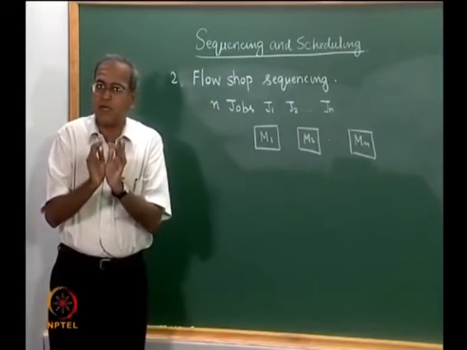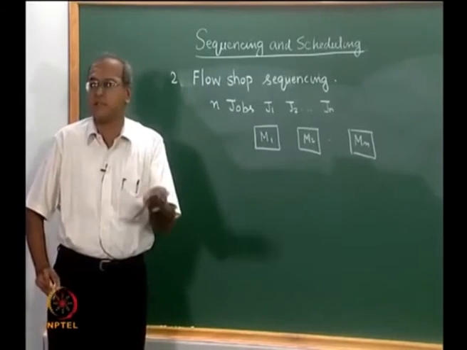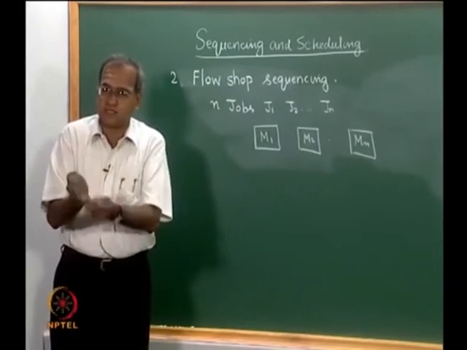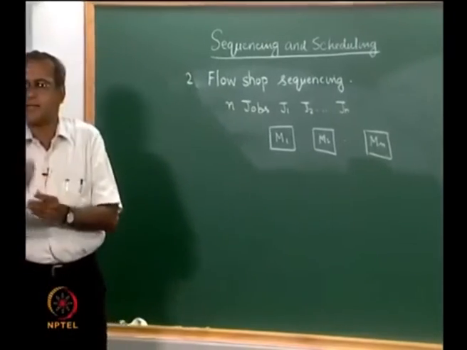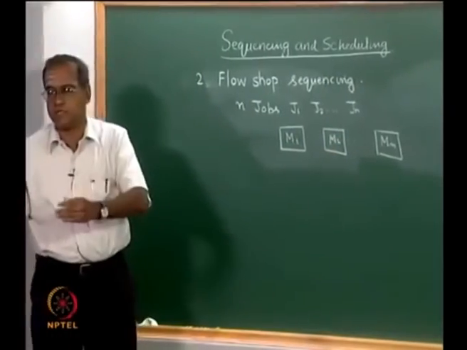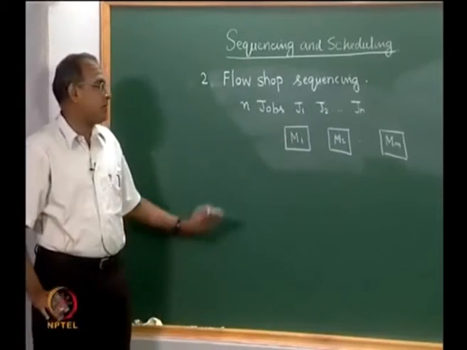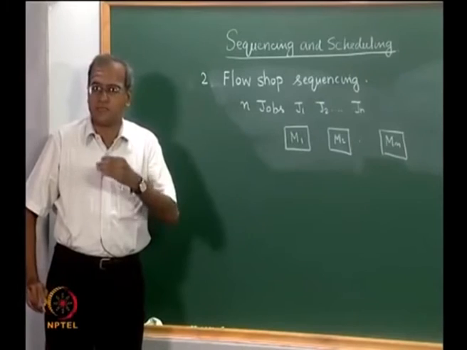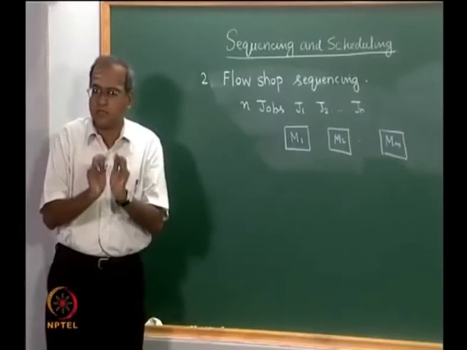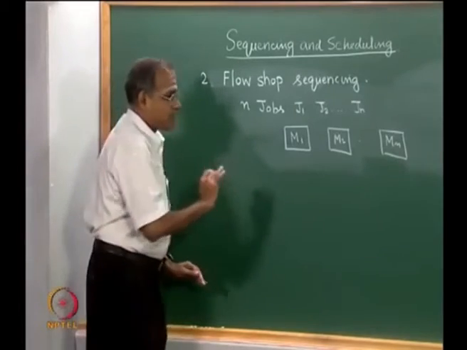So, it is customary to say that the machines are already arranged in the order in which all the jobs visit them. We could call the machine which all the jobs visit first as M1, a machine which all the jobs visit second as M2 and so on. So, the machines are already arranged in the order of visit of the jobs. This is a typical flow shop problem, and then we would try to look at what we do for objectives such as make span, mean completion time and so on. In this lecture series we will concentrate only on the make span for flow shop sequencing. Now, we explain it through a small example.